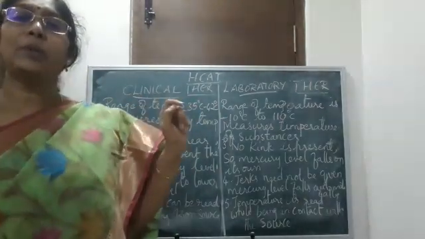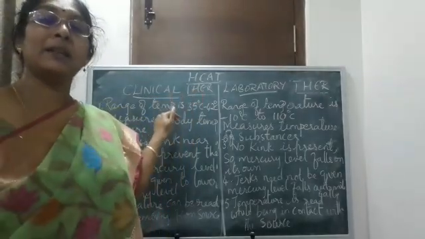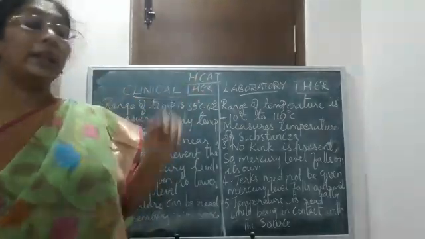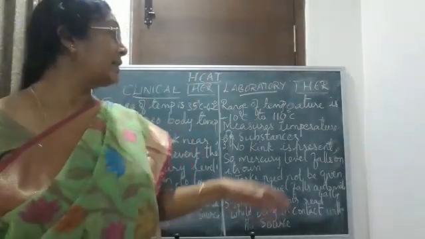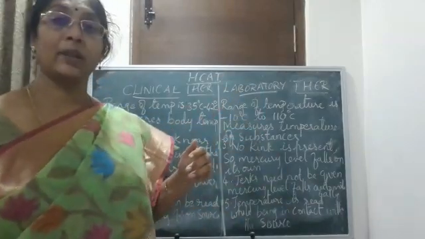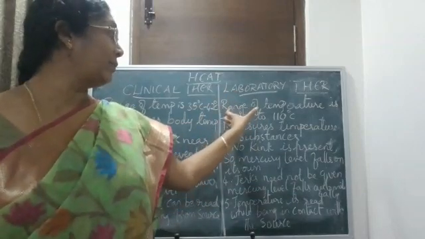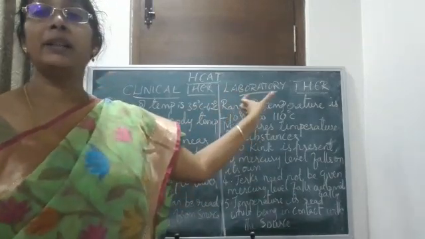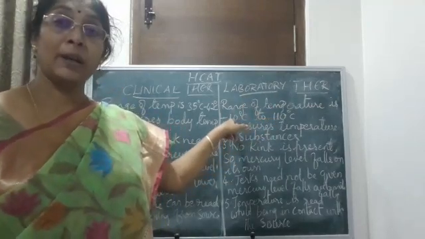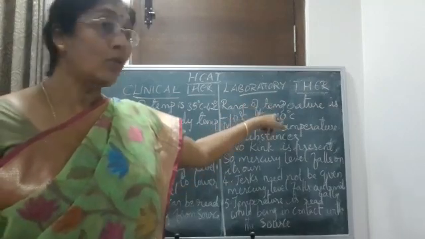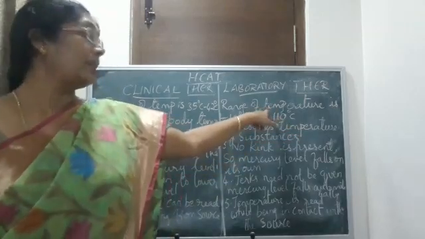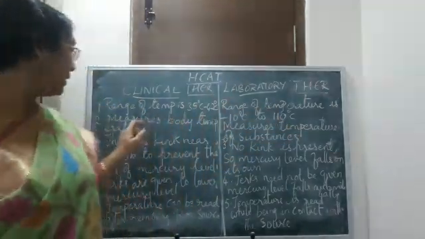The reason is that the human body temperature will never be less than 35, nor will it be more than 42 degrees Celsius. The range of temperature in a laboratory thermometer is from minus 10 to 110 degrees Celsius. That means a wide range of temperature, nearly 120 degrees Celsius, can be measured, from less than 0 up to more than 100, that is up to 110 degrees Celsius, using a laboratory thermometer.